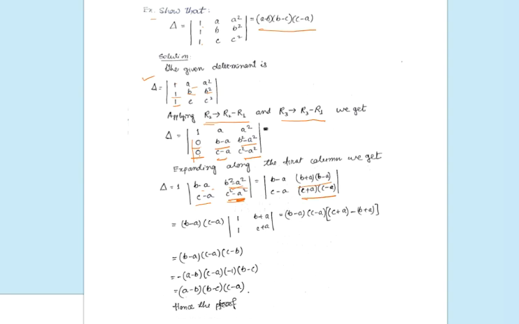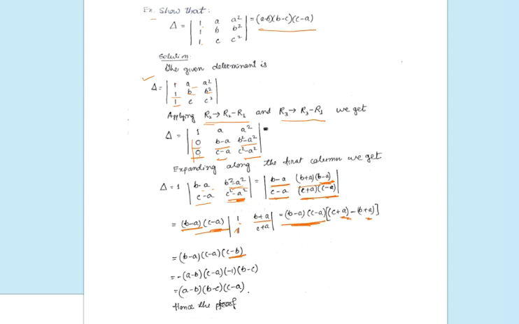Then from the first row we will take common b minus a. So this b minus a is written outside, so it will be 1, and b plus a will remain inside. Then from the second row we will take common c minus a, so c minus a we write outside, and inside only 1 and c plus a will remain. Now if you multiply, c plus a minus b plus a, the a plus a minus a gets cancelled, and it will remain c minus b. The other terms will remain the same.